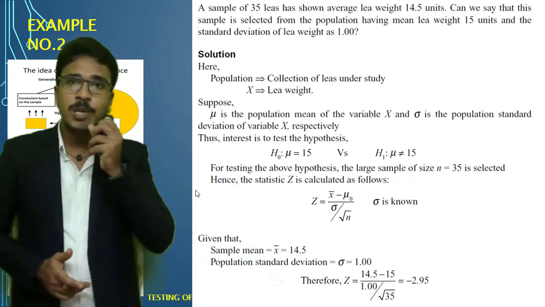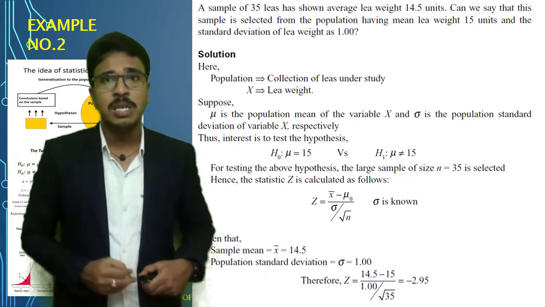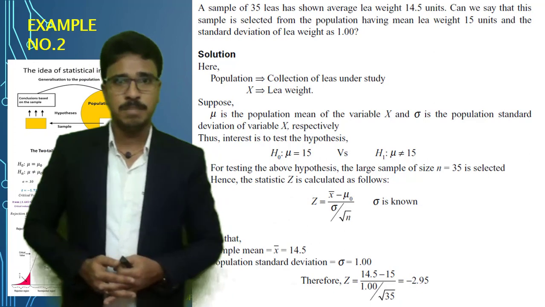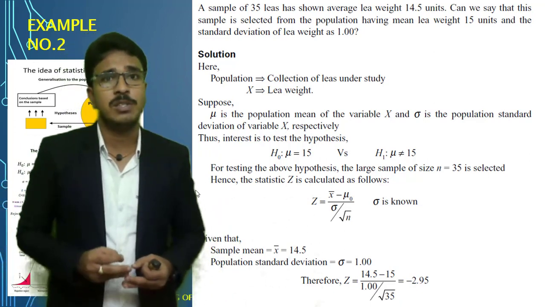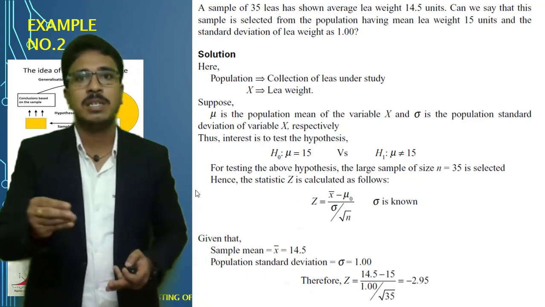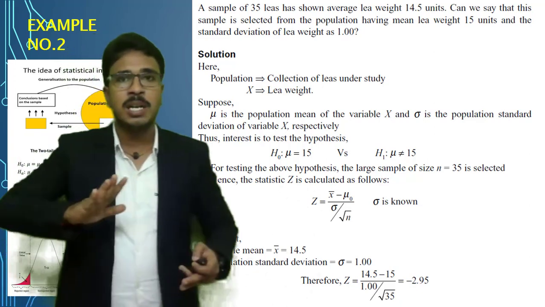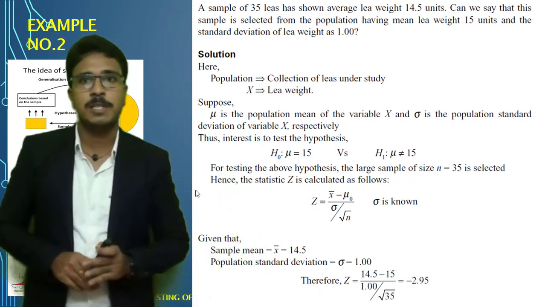So in the previous problem, they found out the linear density, that is count. Here they find out the weight. How many samples? 35. So the n value is 35, and an average is there. So we can think of it as a large sample. That is only one population.